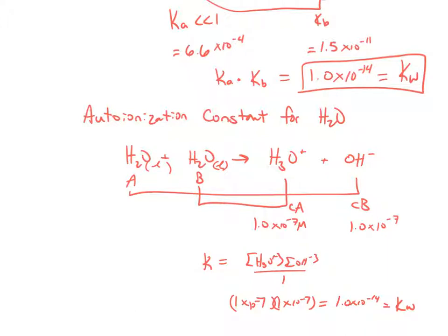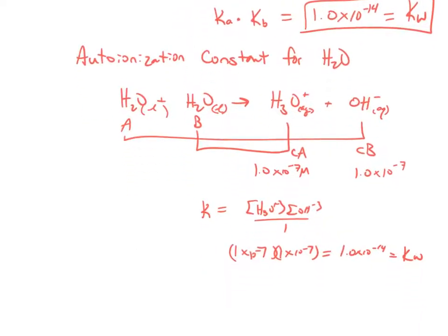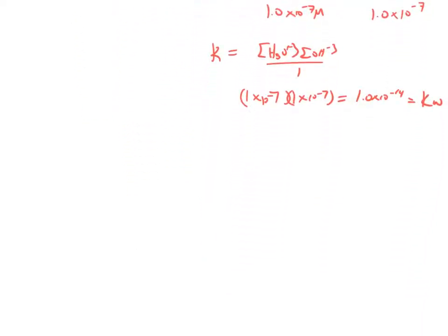Now, you might be asking yourself, what's the connection with Kw? Because this makes sense for water. It makes sense because you have concentrations of the conjugate acid and conjugate base. These are aqueous solutions of each, and you can assign an equilibrium expression and an equilibrium constant to aqueous solutions. But what's the connection between this 10 to the negative 14th and this 10 to the negative 14th? In order to explain that, I need to take a look at water